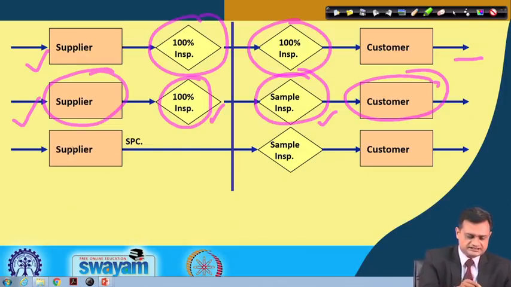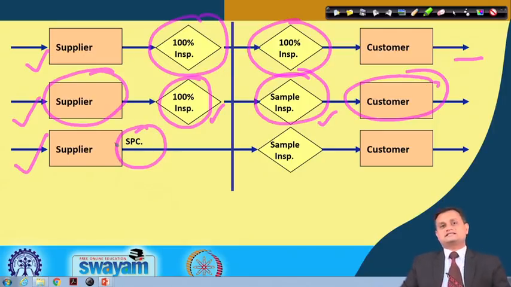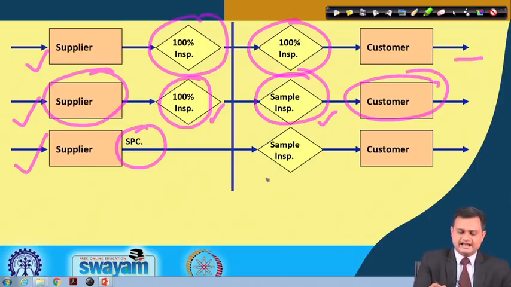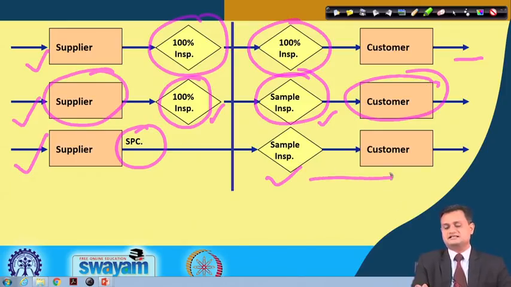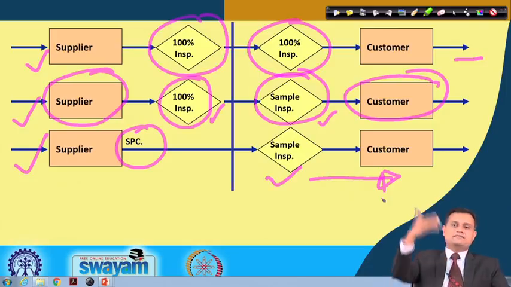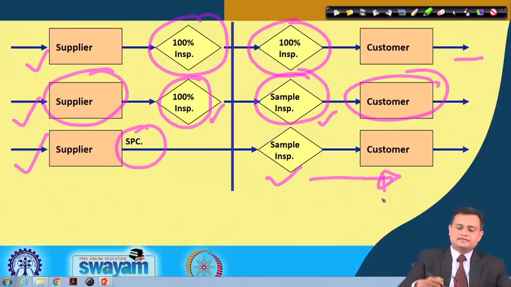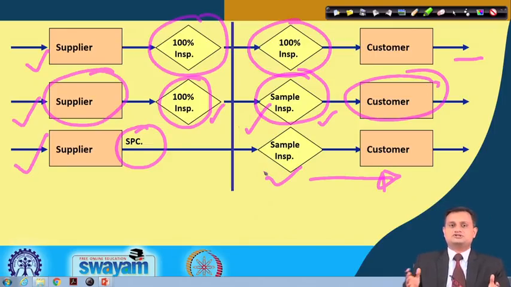Now just see the third situation, in which my supplier has already established an external process control through control charts, statistical process control, and then I am just taking the sample and passing the units to my customer. So you will see that the amount of effort is going down because I am trying to exercise better control over the process. But you will also see that when I am going for sampling inspection at this second stage,